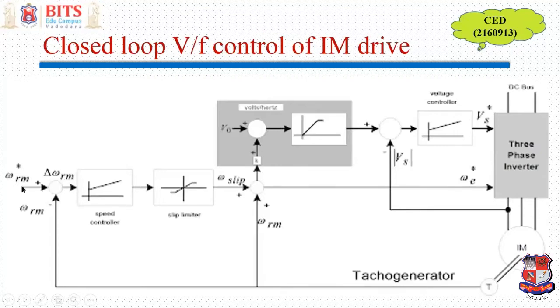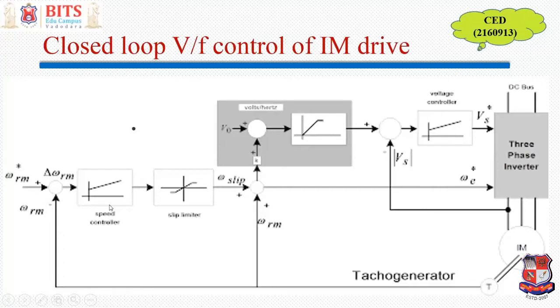Now this actual speed is speed measurement available from this. It is shown a tacho generator over here, but these days you are using speed encoders and not tacho generators. This comparison signal produces an error. An error is given or processed by a speed controller. A speed controller generally is a PI controller which acts on the error and tries to reduce the error to